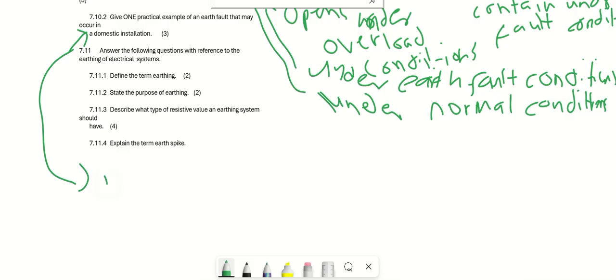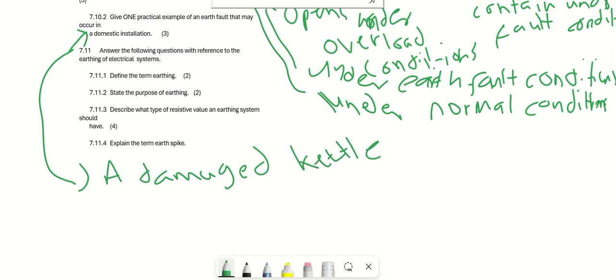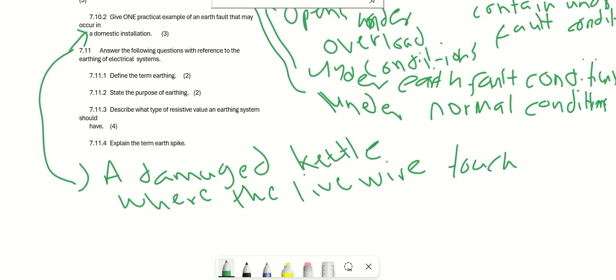Let's say a damaged kettle where the live wire touches the metal casing.